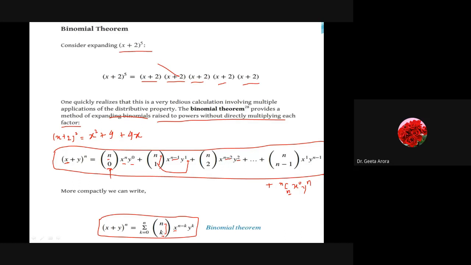So this is the binomial theorem, which is used to open expressions like this, and x and y can be replaced by any numeric value. Here we have variables, but they can be replaced by any numerical value to get the desired results. Hope we are getting it. Write down this formula, because now we are going to start with the examples. Some solved examples, some examples you have to solve. So be sure to go through it.